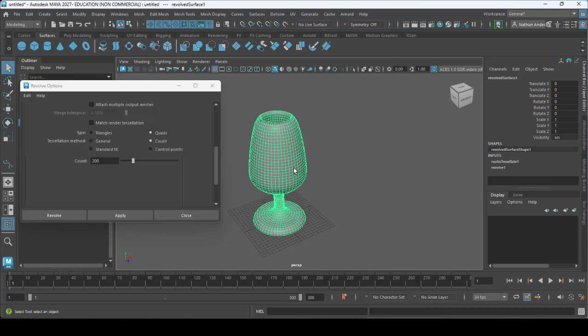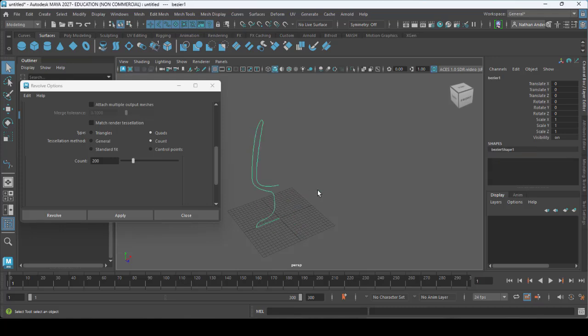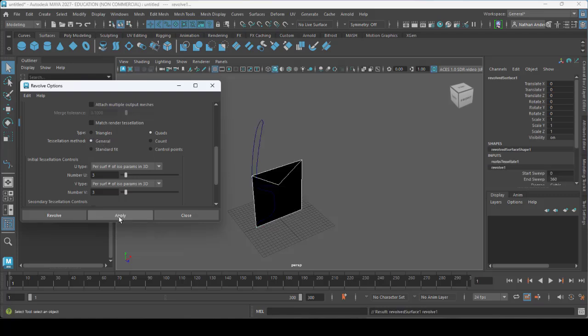The only problem with doing it that way is that it has a tendency to treat the whole object as equalized, and you may want to have more horizontal or latitudinal lines than you want longitudinal lines or crossways. So it's like the roundness around versus the smoothness of the detail. For that level of control, we need to use general. But the problem is, as soon as you select general and hit apply, it's going to do a terrible job.